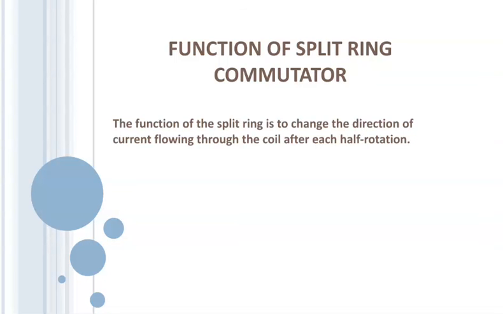Now, what are the ways through which we can increase the speed of rotation of the coil? The speed of rotation of the coil can be increased by, first, increasing the strength of current, that is DC current. Second is increasing the number of turns of the coil, that is in the armature. Third one is increasing the area of the rectangular coil. And fourth one is increasing the strength of magnetic field.